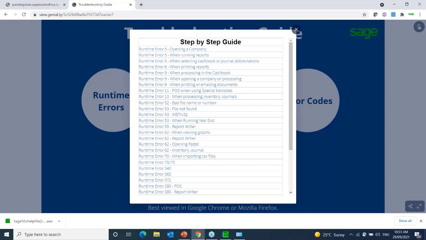So guys, as you can see, there's runtime error 62, runtime error 70, runtime error 340, 365, 372, runtime error 380 on point of sale, although that's very specific. So there are a number of runtime errors. Out of these, which ones do you find the most difficult? Is it